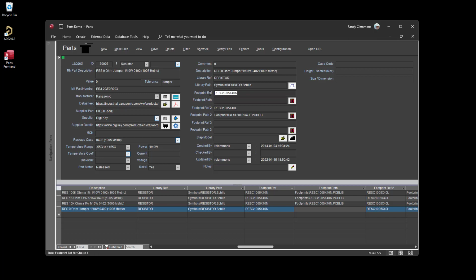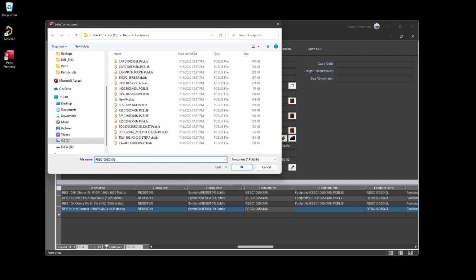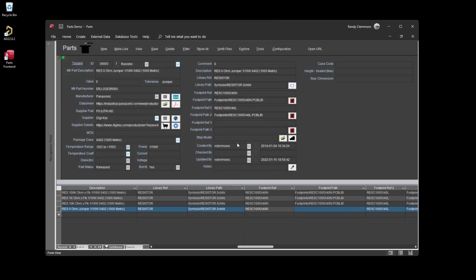But also, it might be interesting to point out, if you do know the library reference, when you get ready to select the library, parts will automatically use that reference, try to match it to the library, and if it is matched to the library, you could just say OK and hit Save, and you would be done. Okay. And the other, going at it the other way,